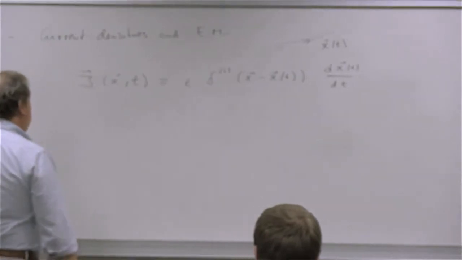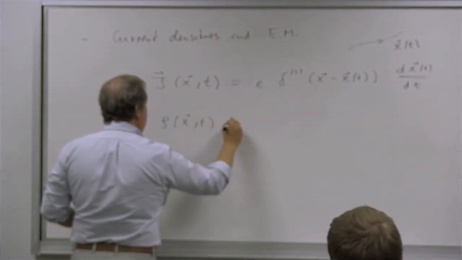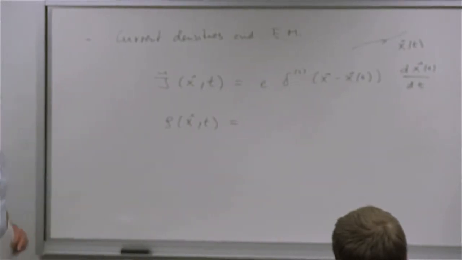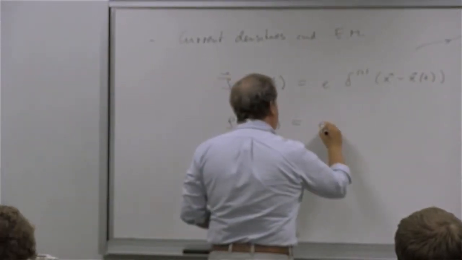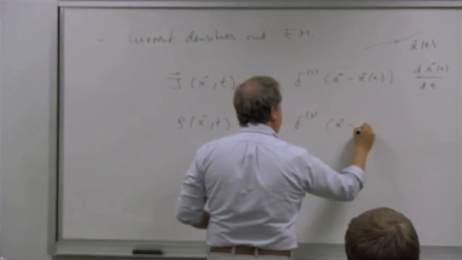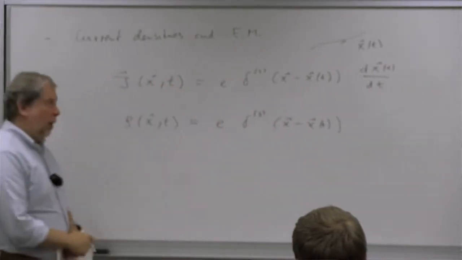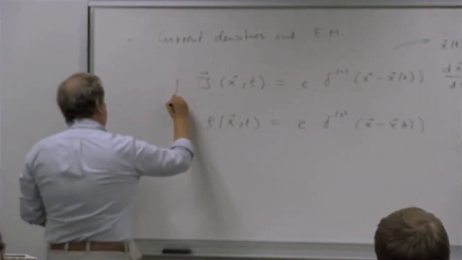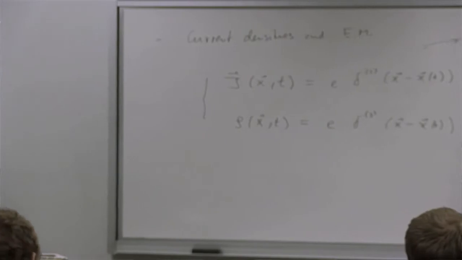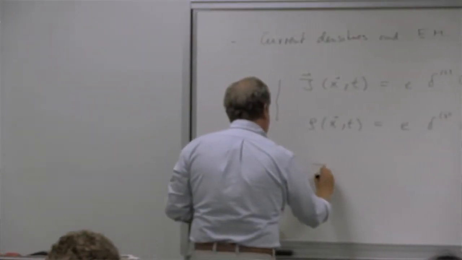All right, so that's our current density. And then we have the charge density, rho of x and t, and that has a similar form. It will be e times delta 3 of x minus x of t. And then there is, of course, no velocity term. So these are the four entities that describe an electromagnetic current, which suggests that we group them together into a